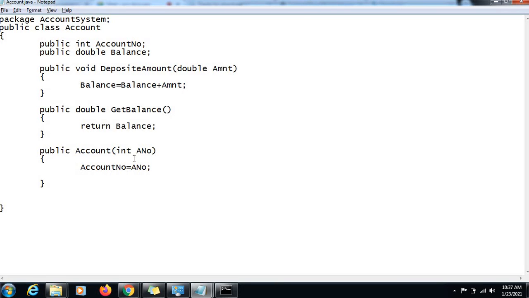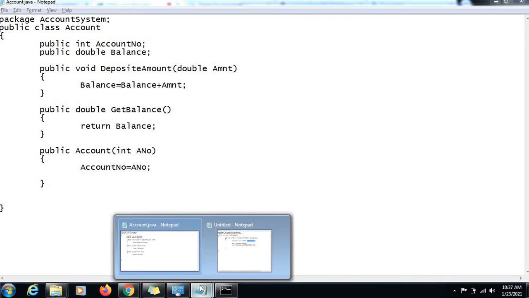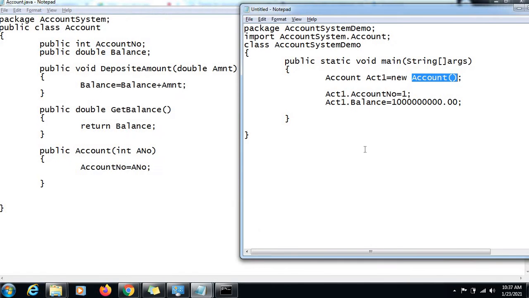So now there is no option available anymore to create an account object with the default values, right? Because the creation process is defined now for this, right? So we have to stick to that process. We cannot just void that process, right? So the default constructor is no longer available to us now. Now what we need to do, we will send the account number.